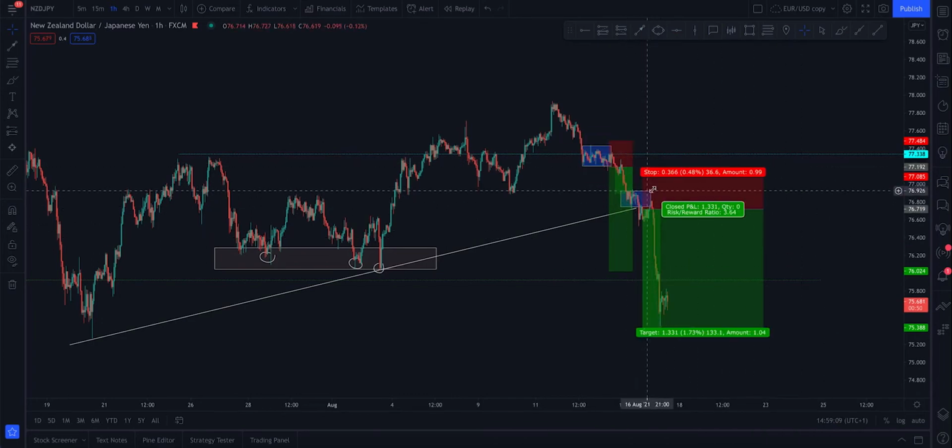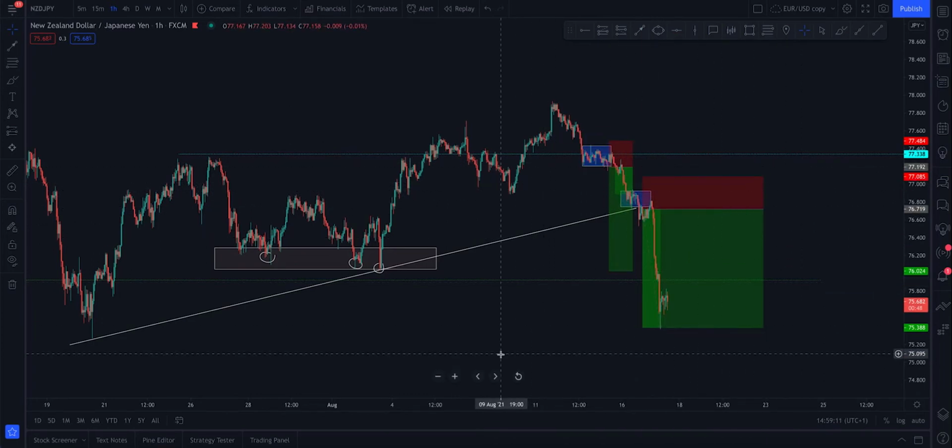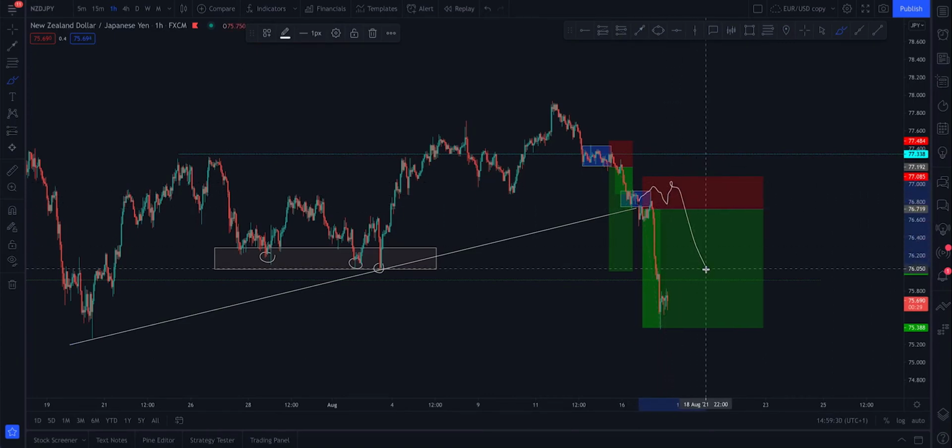but I actually gave myself a bigger stop loss this time, because I knew that it was very likely that price was going to continue down. However, I just didn't know how big this correction was going to be. So in order to give myself the highest probability of catching the trade, I just give myself a bigger stop loss. Otherwise, price could have just come up a little bit, done that, and then dropped, and I could have been taken out, or it could have done whatever. You can get a lot of wicks. So that's why I give myself a bigger stop loss just in case,